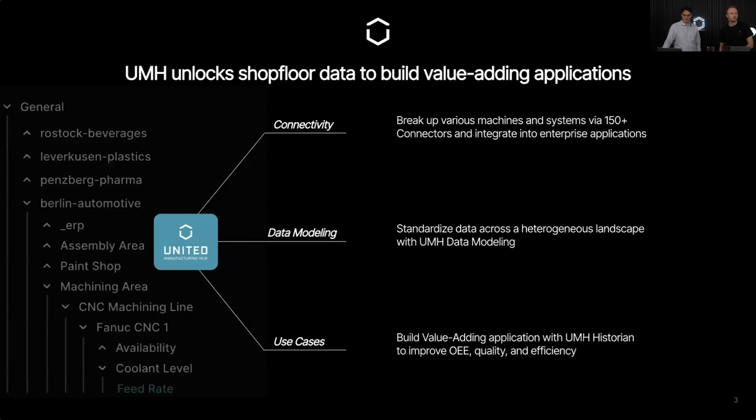So for this, UMH includes many features. I think the 3 most valuable are the connectivity piece. So tons of interfaces that are supported from IT, but also OT. Then the data modeling, which includes data standardization, data governance of specific data models and so on, which we're going to touch a little bit in the end of the session. And then, of course, the historian and the use cases that we built on top. Just because talking about infrastructures, unfortunately, a lot of times not so sexy, but the business case behind the use cases. So this is why we also try to cover this end-to-end story when it comes to integrations in unified namespace. So pretty much from connectivity to business value.